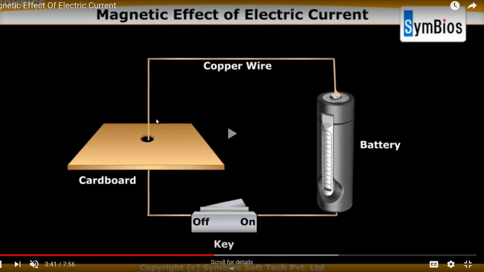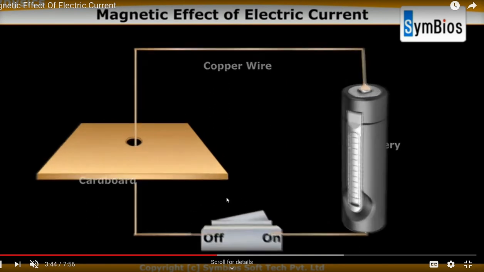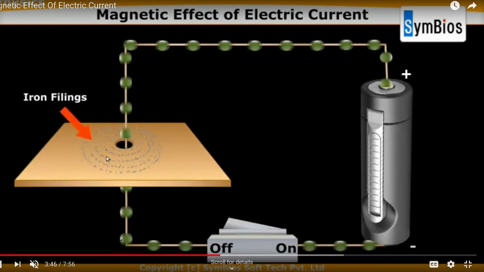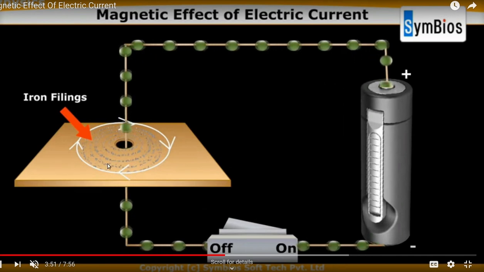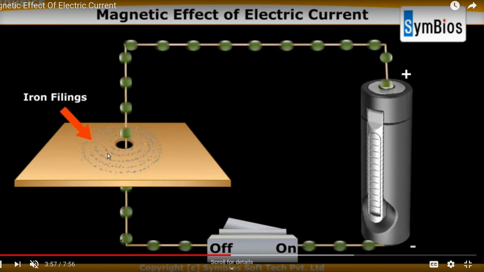Okay, let's see what happens in this particular scenario. They are going to put iron dust around it, and they have switched on the battery. The electrons are flowing from the negative to the positive terminal, which means the current is flowing like this, correct? It flows in the opposite direction to the electron flow. And you can see that concentric circles have formed around it. The direction of the magnetic field is like that, to your right.